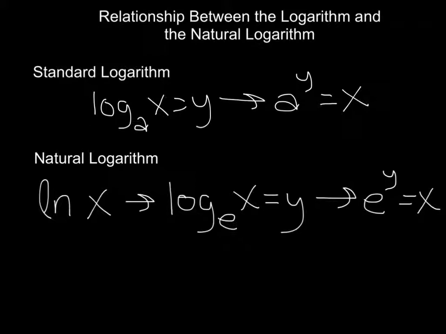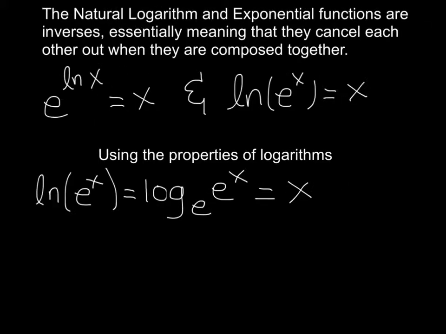So transitioning from the standard logarithm to the natural logarithm, anytime you see this ln, all that means is that you're taking the log with base e. So your base is the exponential function. And what that means is that the same properties apply with the standard logarithm, that e raised to the y power will equal x. So these two functions are inverses of each other, and essentially all that means is that